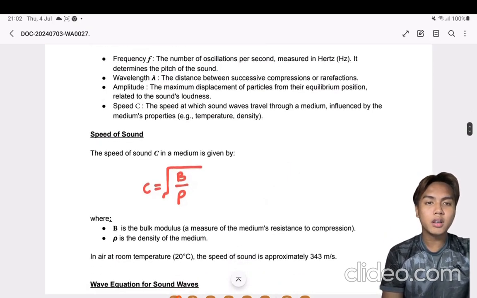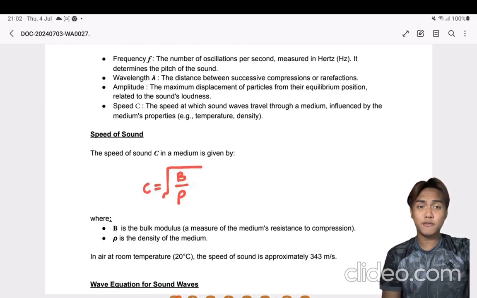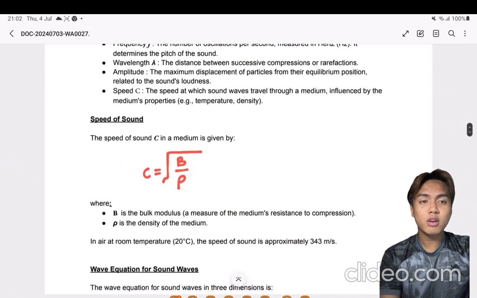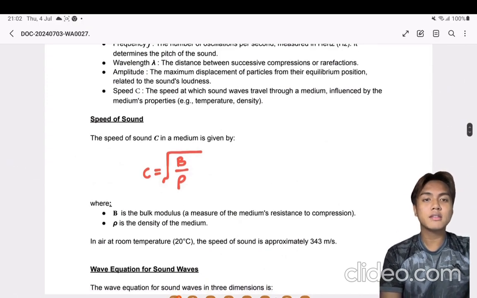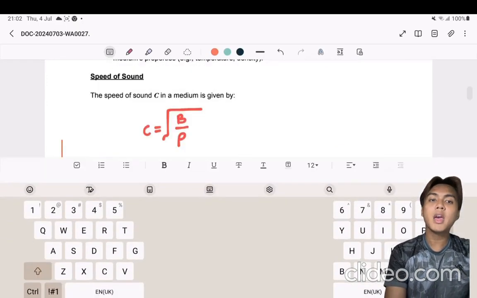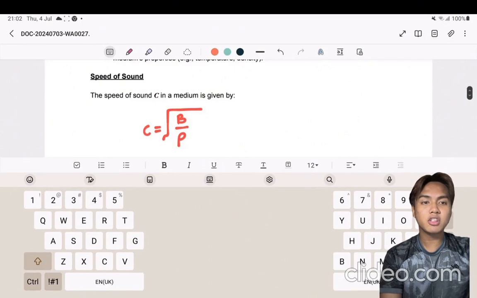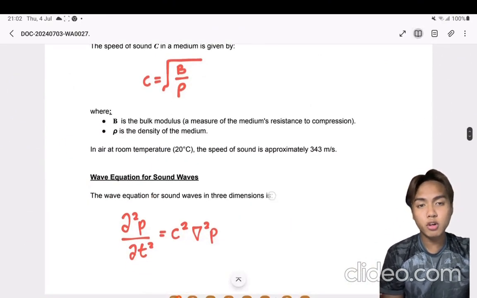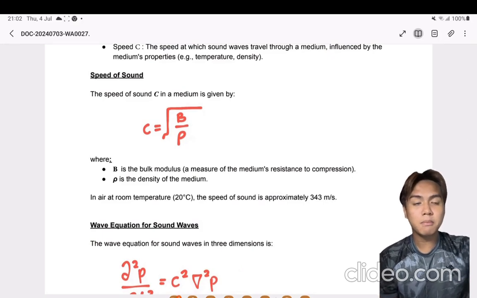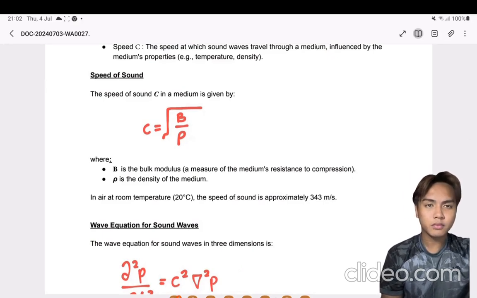And for the speed of sound, the equation is c equals the square root of B over rho, where B is the bulk modulus and rho is the density of the medium. In air at room temperature, which is 20 degrees Celsius, the speed of sound is approximately 343 meters per second. Wave equation for sound waves, as I already wrote in this,